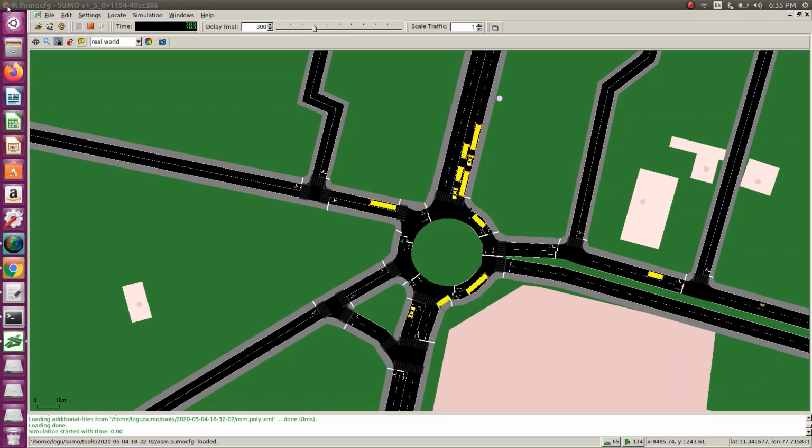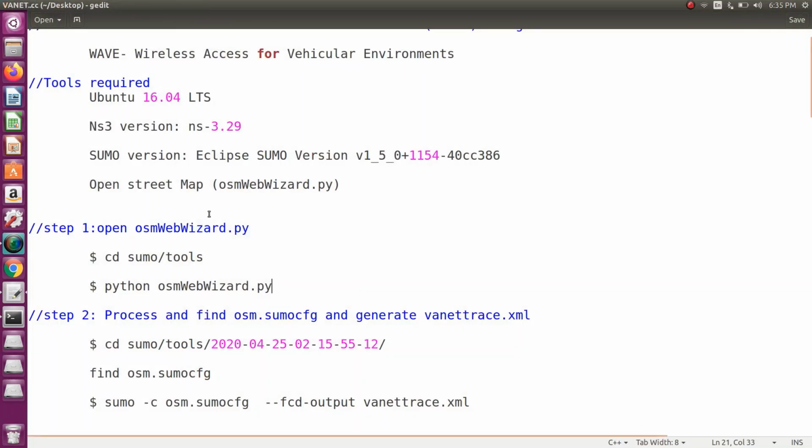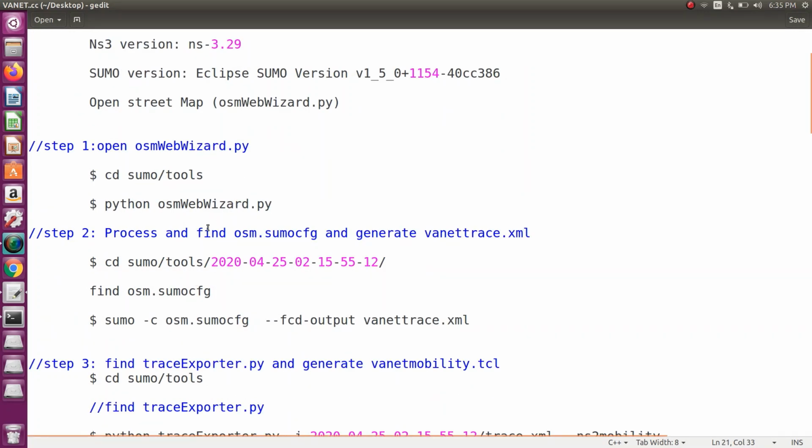Okay, so just close this window. So you can close this also. So this is your first step. So by using that OSM web wizard, we generated some real-time traffics.